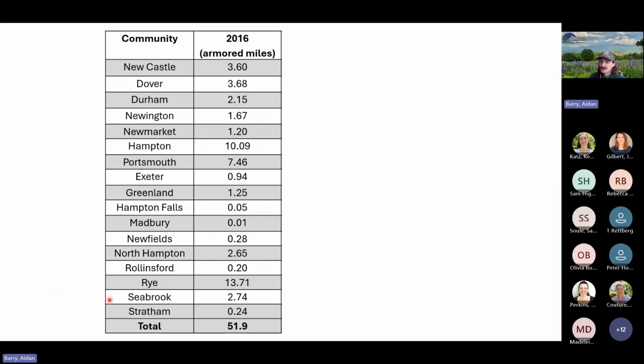Main things to pull out here is that the total was about 51.9 miles of armoring. So all those features across our shorelines. Our top communities with the most amount of armoring are Rye, where is it? Portsmouth, and Hampton. In our 2025 update,